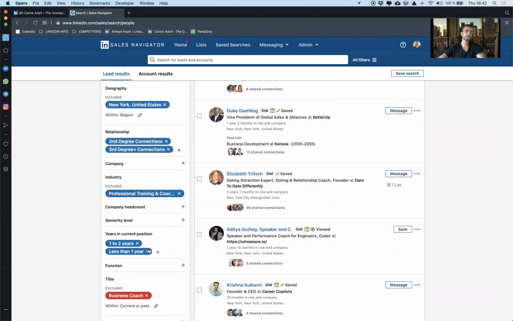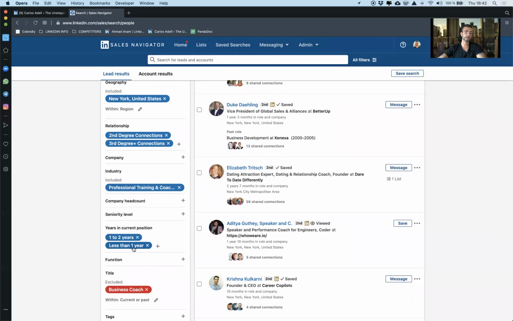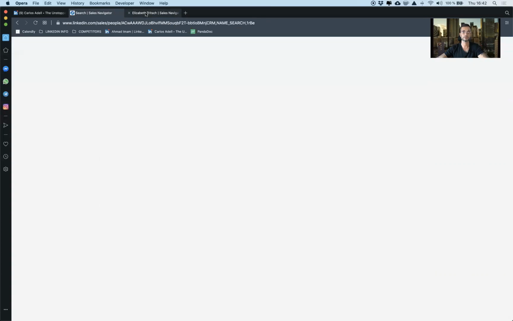Another thing that I'm using is 1 to 2 years and less than 1 year. That means that these people have been in the role or one of their roles in the current position for less than 2 years. Why am I doing that? Let's see if we get lucky and some of these people have